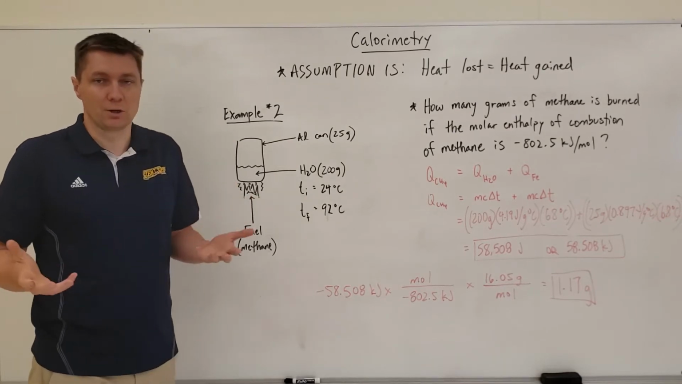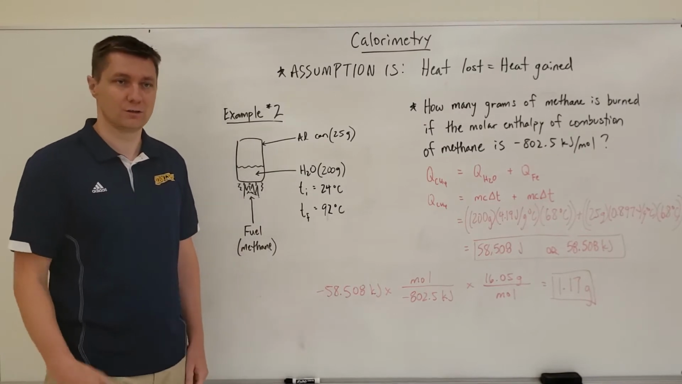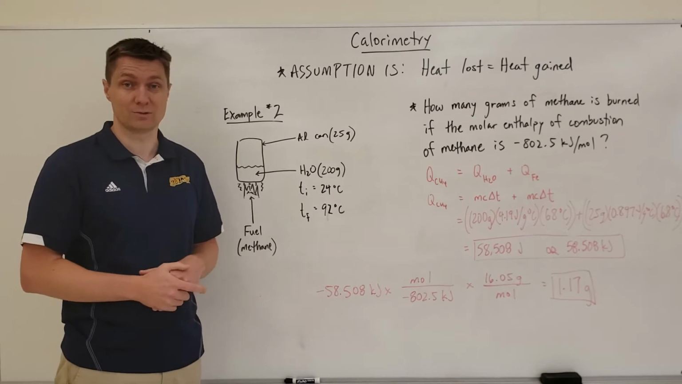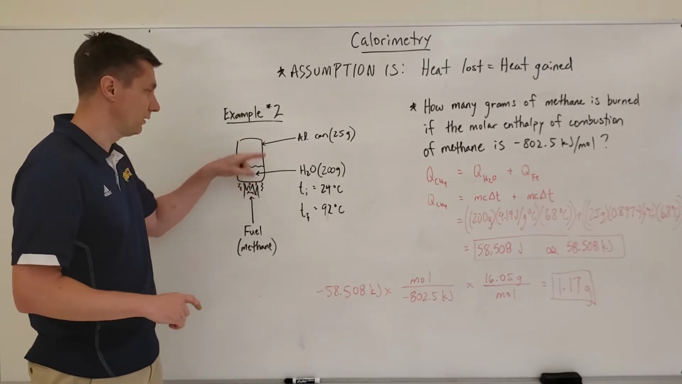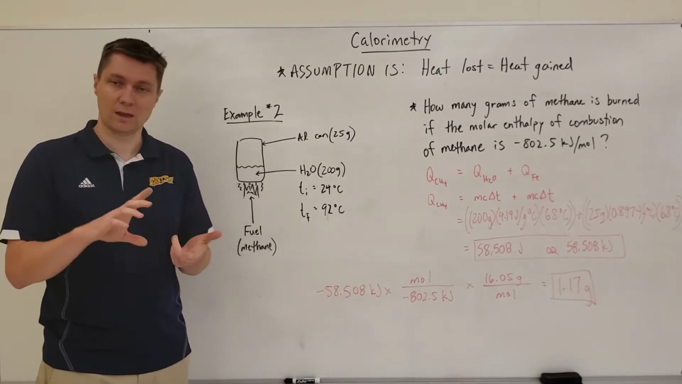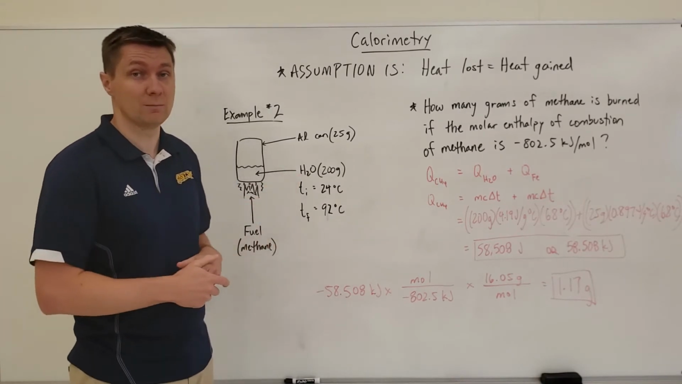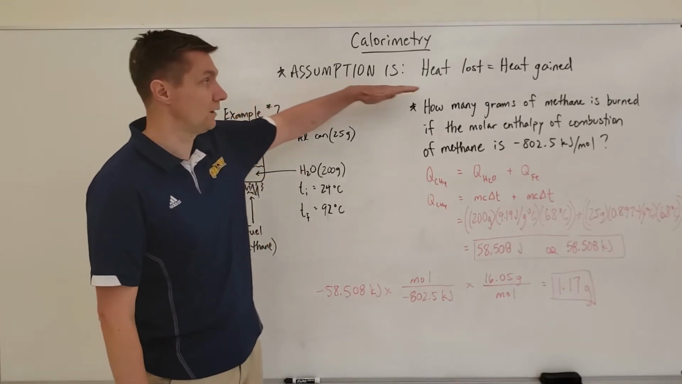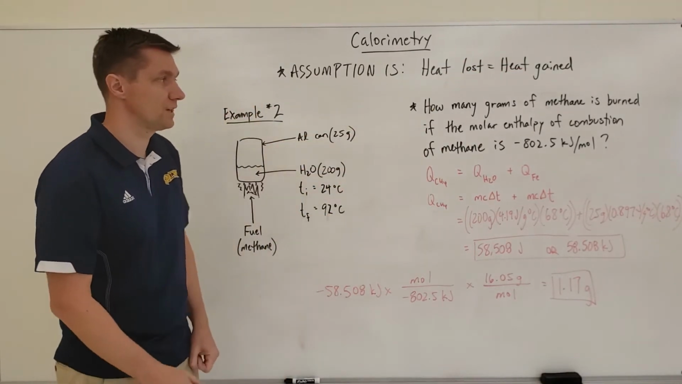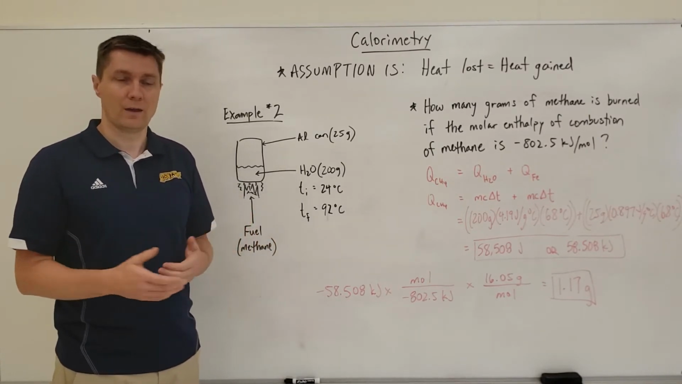It's just burning in a combustion reaction, and because it's a combustion reaction, it's an exothermic reaction that's going to release heat. That heat is going to go into, in this example, 2 different substances. We have an aluminum can here, as well as water that's inside the can. And so both the aluminum can and the water are going to gain heat. Now the assumption for this example is still the same as the first example, in that we have heat lost equals heat gained. But in this problem, the question is asking how many grams of methane is going to need to be burned